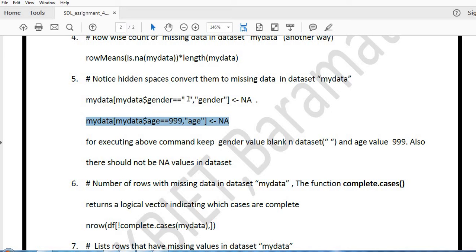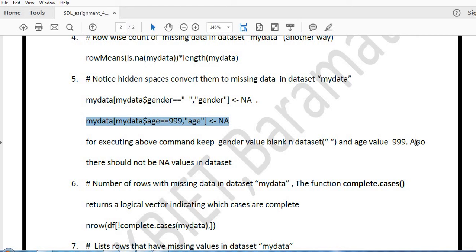Or here also, if you have something other than F and M, which represent gender, and by mistake somebody has typed D instead of S, because they are two nearby keys, then in that case also you can replace the blank with D. So likewise you can make changes accordingly, and you should try all such commands for your practice.